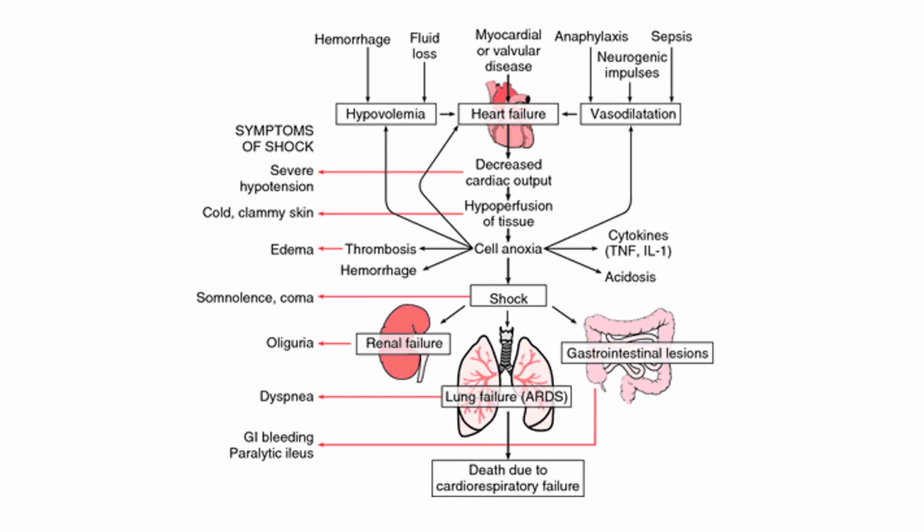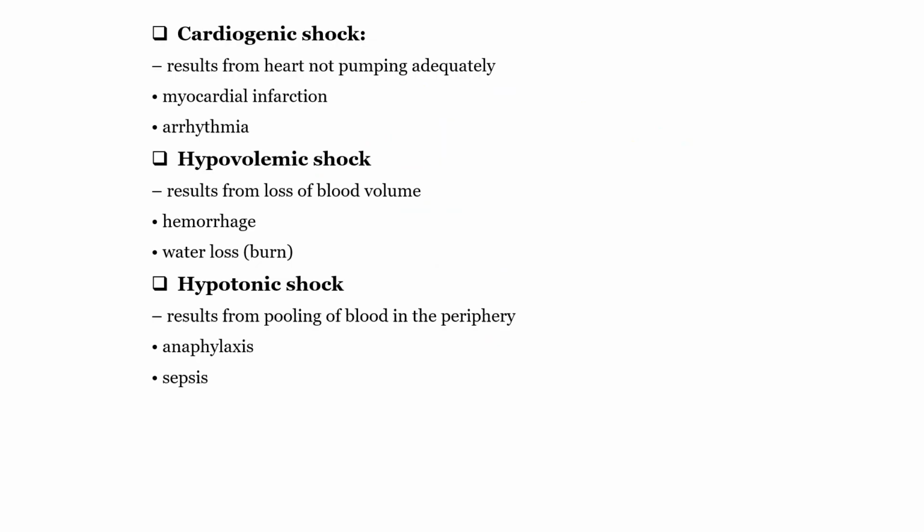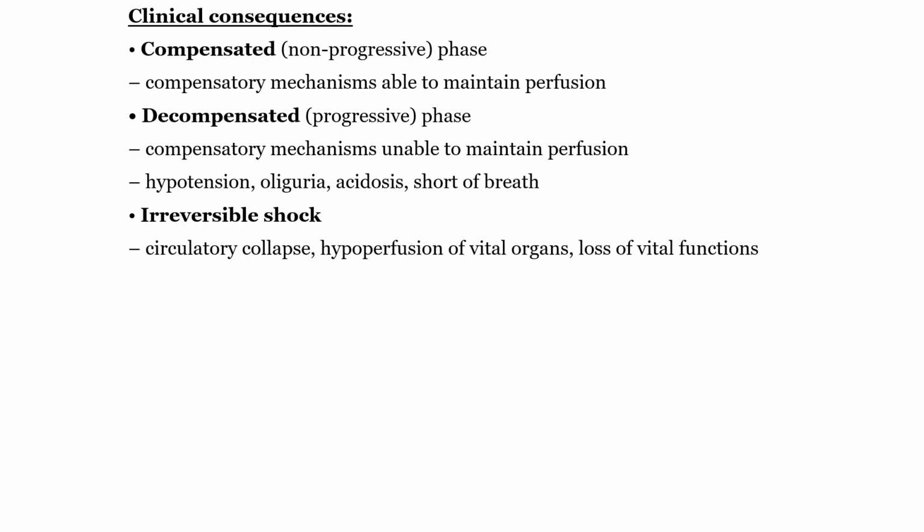So shock is a state of hypoperfusion or hypotension associated with loss of consciousness. What may lead to shock? Decreased volume, hypovolemic shock, or a problem in the heart, heart failure, or vasodilatation, regardless of the cause of the vasodilatation. So shock is loss of consciousness because of decreased blood flow or supply to the brain, regardless of the cause. Okay. These are types of shock: cardiogenic shock and hypotonic shock. Could be